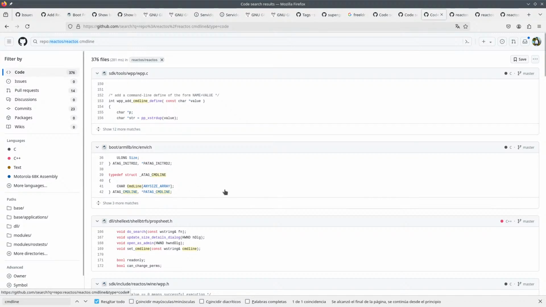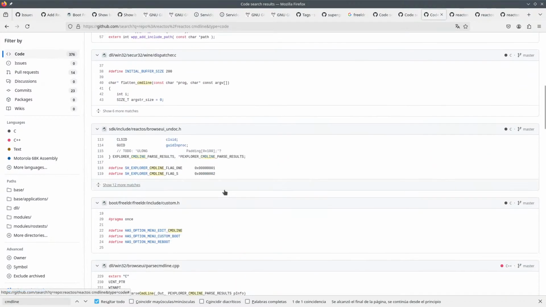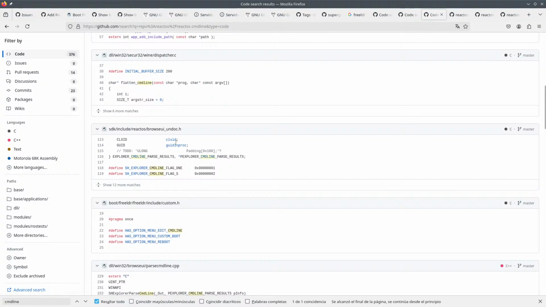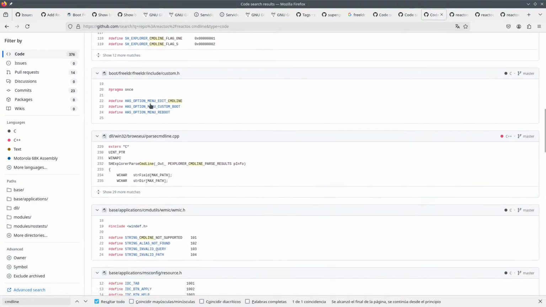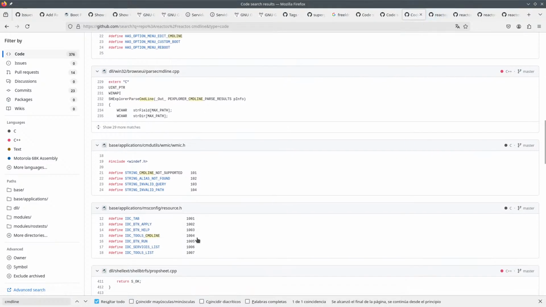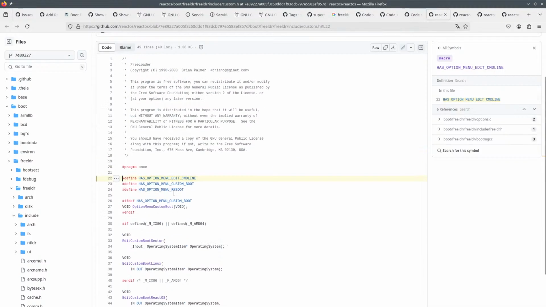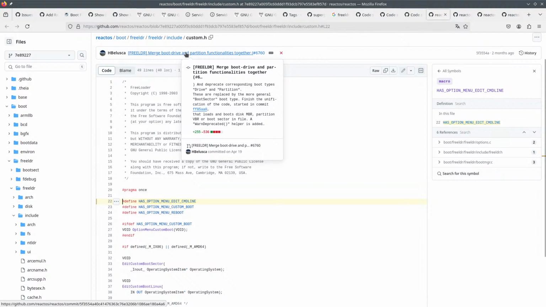I mean, if you have all of the programs here, it's going to be ReactOS include custom.h. I mean, it seems like there are some bits that could be FreeLoader. What's the April 19 boot sectors?